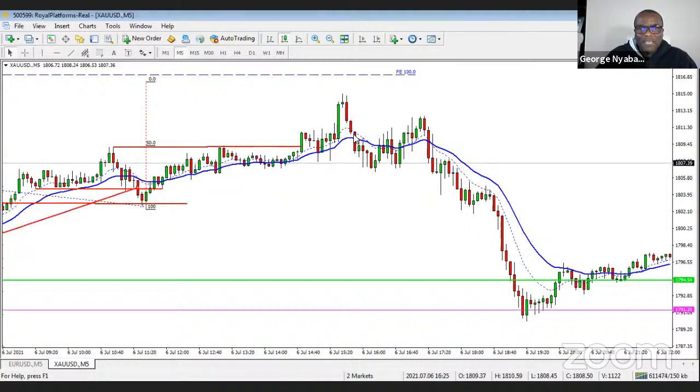We then come back and have a few closes beneath the moving average. We have a lower high. We have that lower high. We're not trading that lower high. That's our pattern. Now we want to look for ways to go short. There is a way to go short. If you don't take that, there's a couple of ways to go short into the US session.